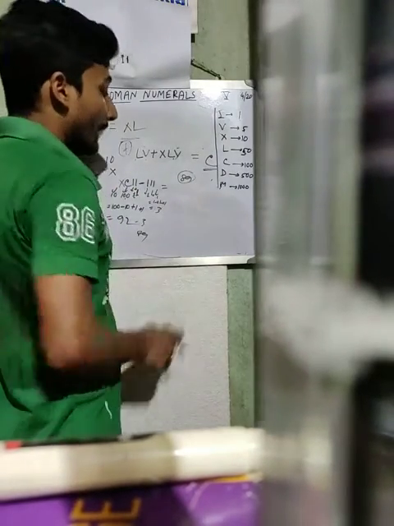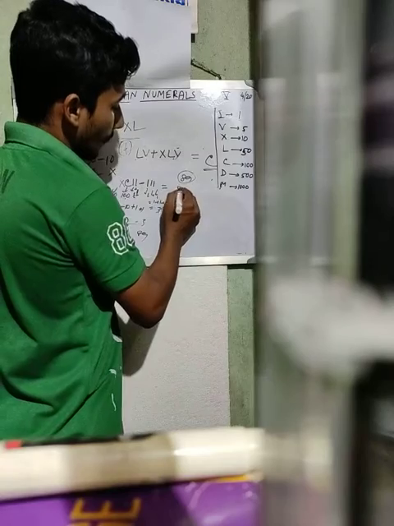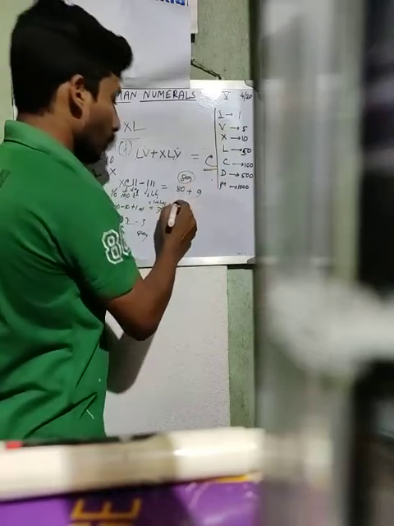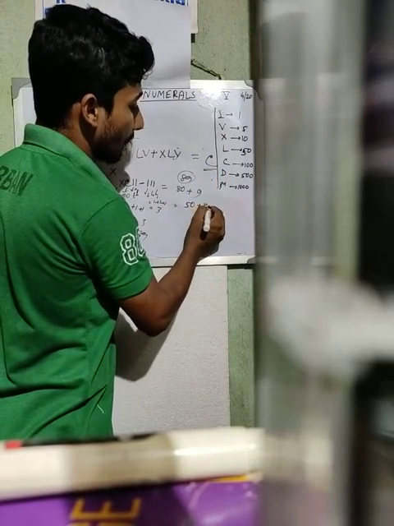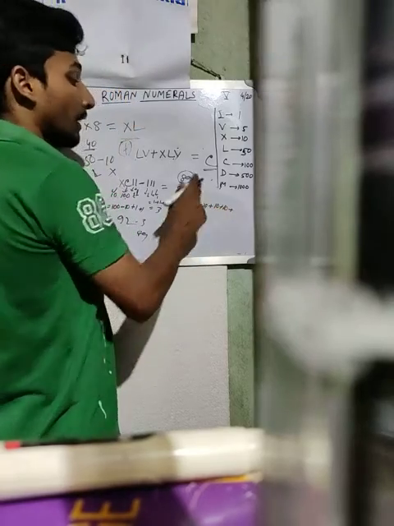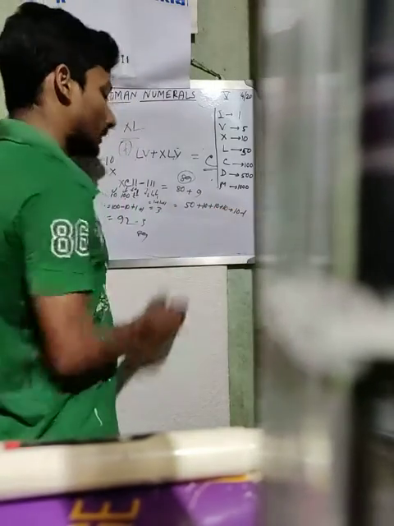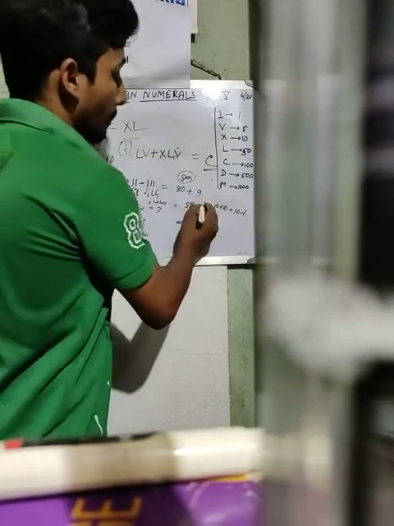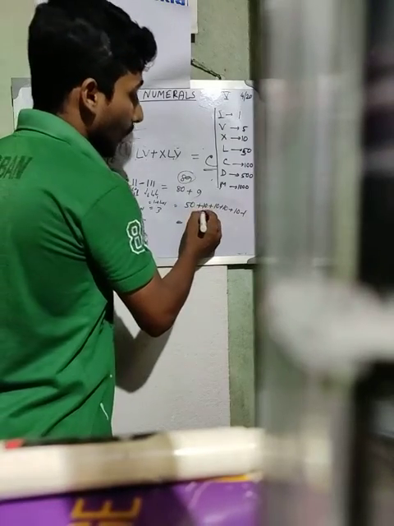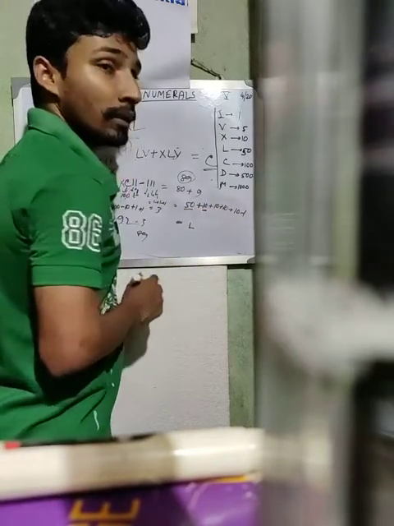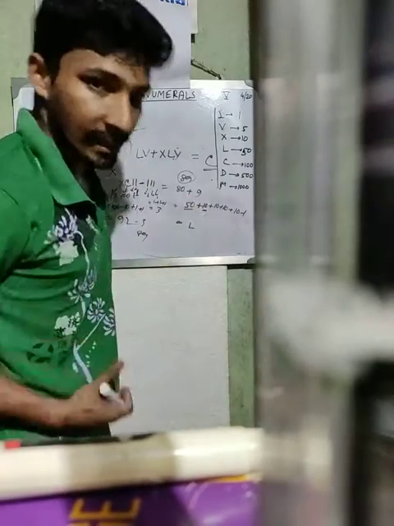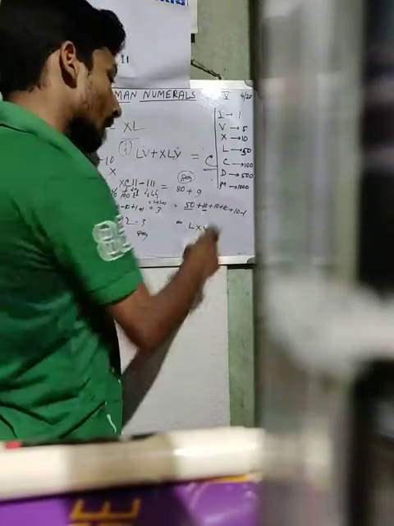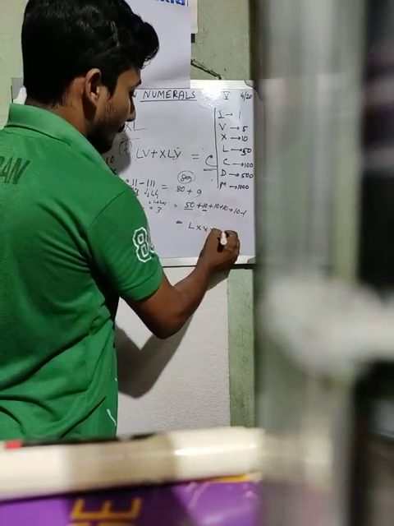Okay, how? So 89 means 80 plus 9. But there is no 80 in the special numerals, and no 9. So 80 we can write as 50 plus 10 plus 10 plus 10, plus 9. 9 means 10 minus 1. Now convert. 50 means L. 10 plus: as a smaller one is added to the larger one, the smaller value must be placed at the right side. So X. Now 10, 10, repeating number. Now 10 minus 1. 10 means X.